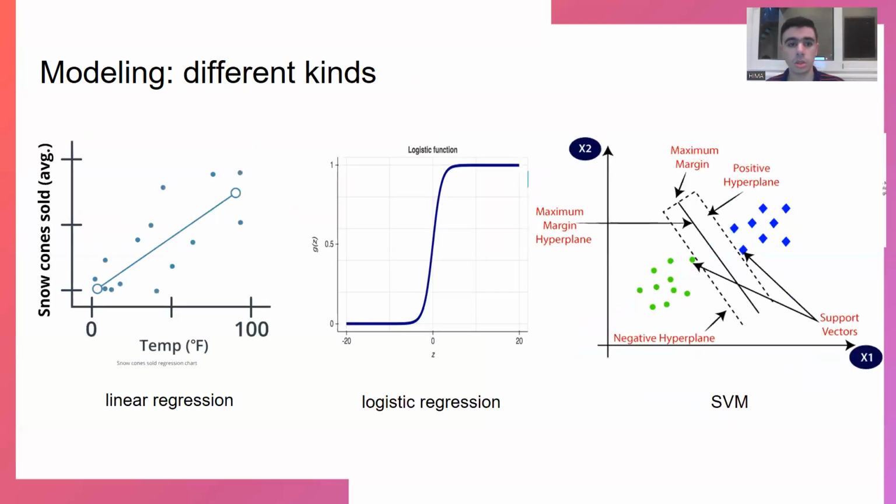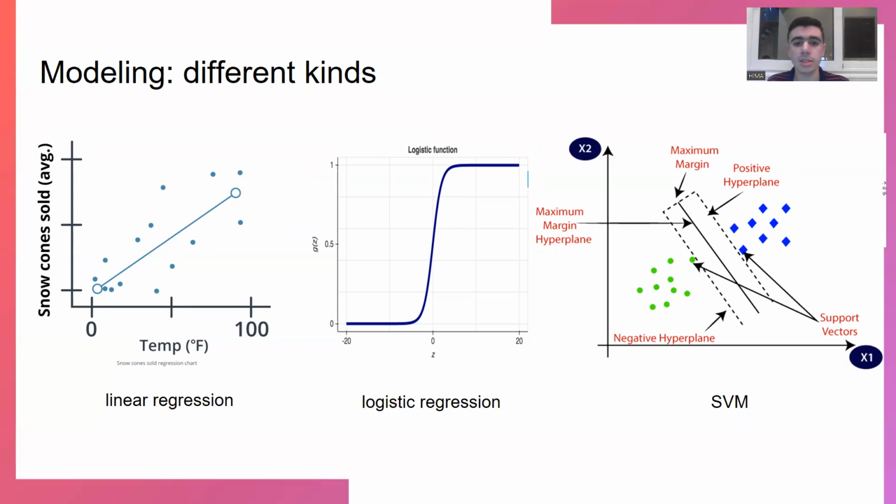There are different kinds of models. The model that we saw in the snow cone example is called linear regression because the input is continuous numbers of temperature, and the output is also continuous. Or we can assume it's continuous, although it's not strictly correct because I can't sell half a snow cone, but there is a continuum of values of snow cones that I can sell each day, depending on the